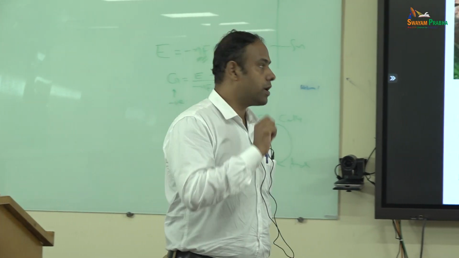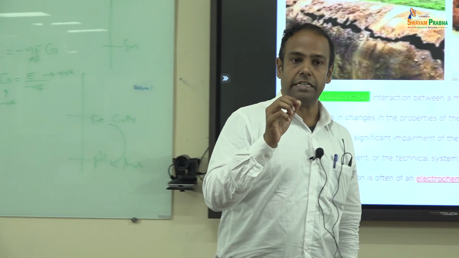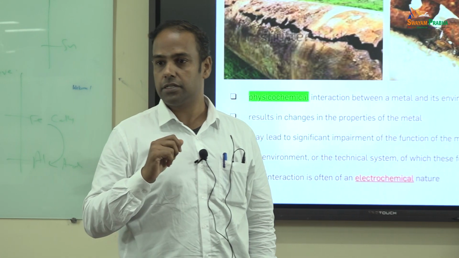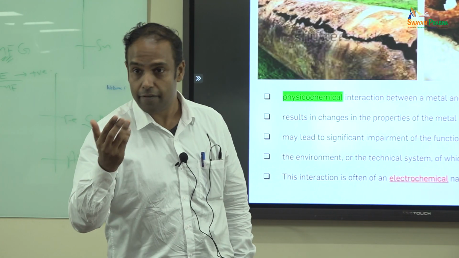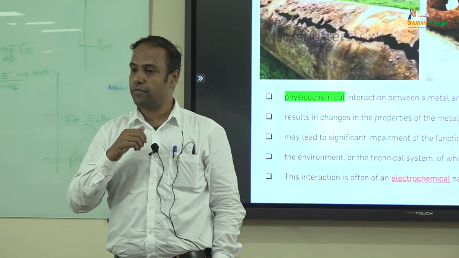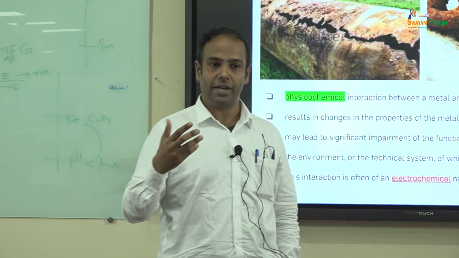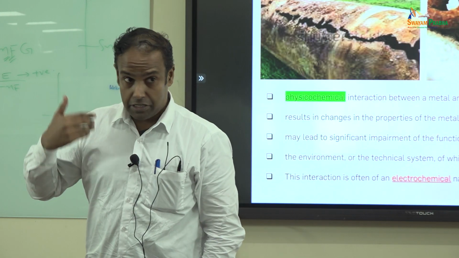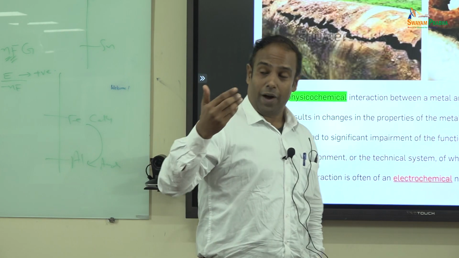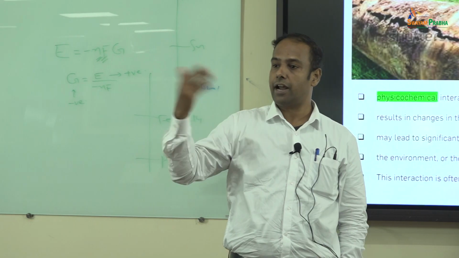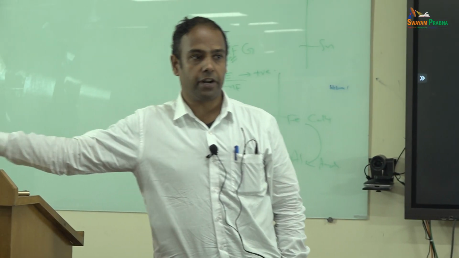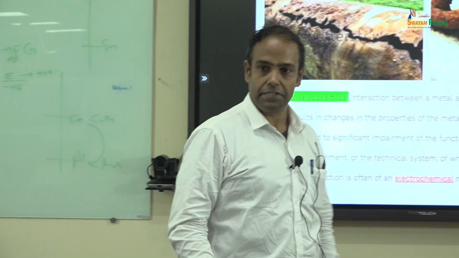Now if I say a word, corrosion is a surface driven process. From mechanical engineering, can you say what is another such process? Wear, friction. If I say corrosion is surface driven, what comes to your mind? Why do I say this? It is a surface which interacts with the environment. Why does it have to start from the surface? What is so inherent that it starts interacting? It is exposed, wonderful, but is exposure the only reason?